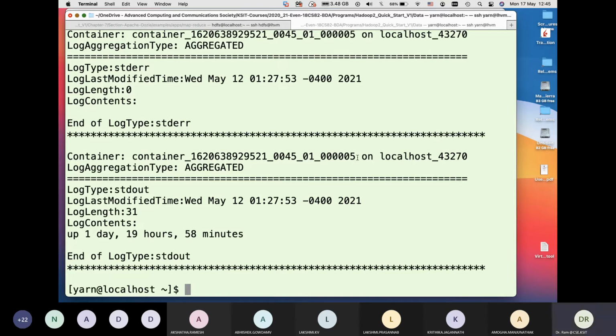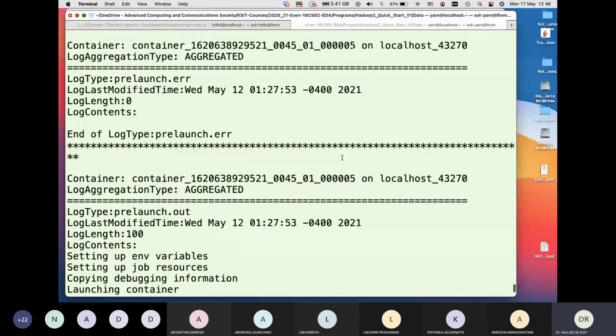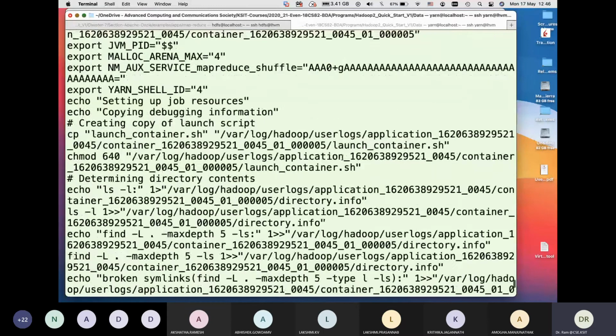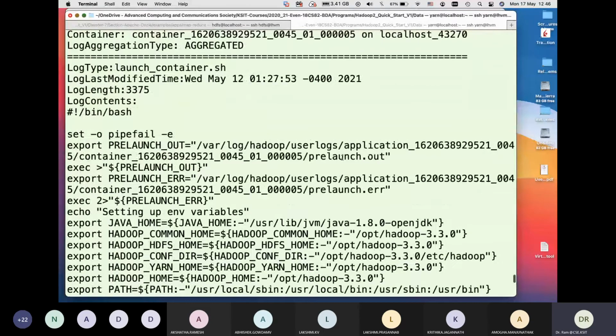So this is container number 5. You can say std output. And since we have given the pretty-print option -p, we're basically seeing the output in the log content. So the log would always come under the container log type stdout, and log content indicates what is the output. So container number 5, you should also see container number 4. You'll basically get the same output with different log messages.